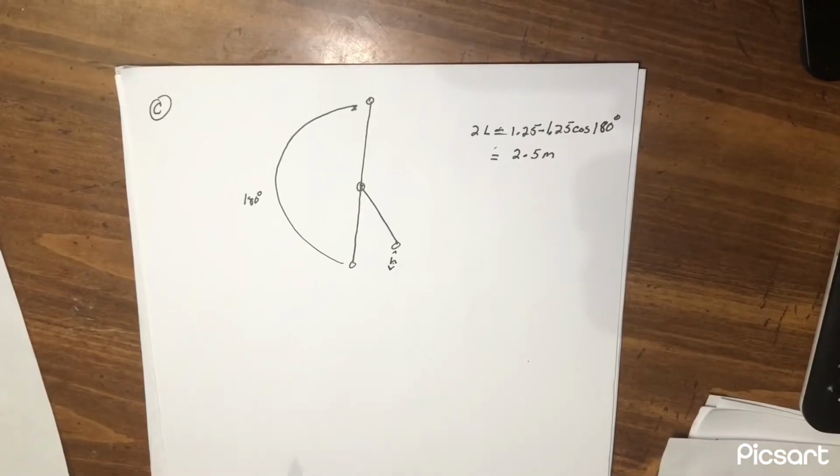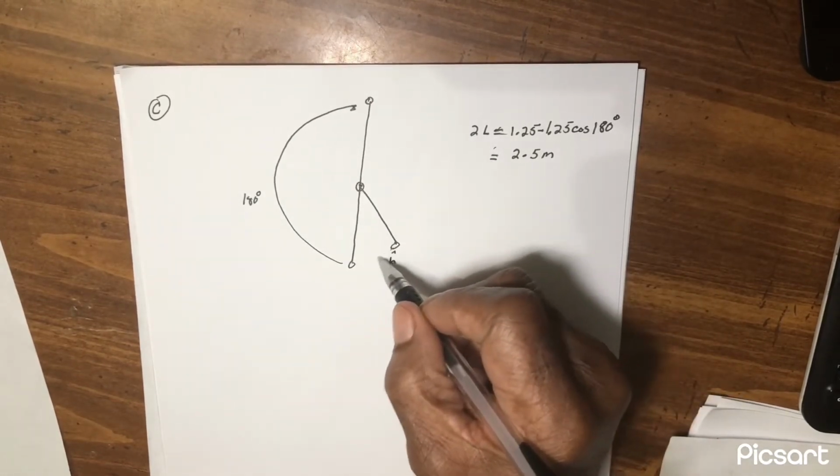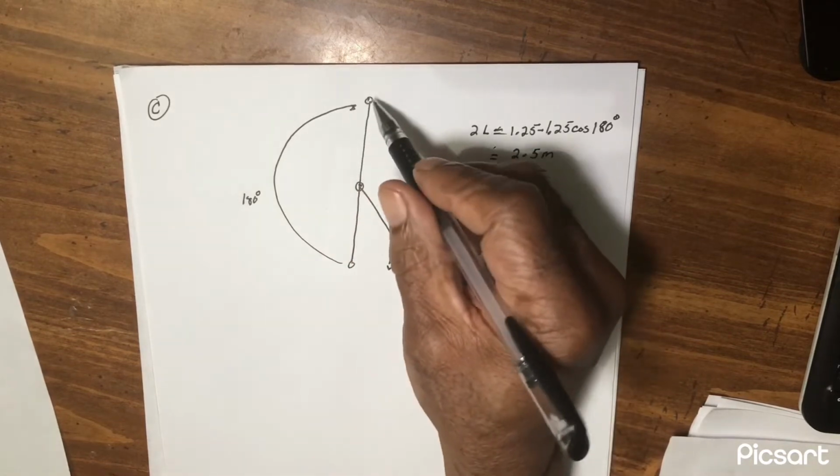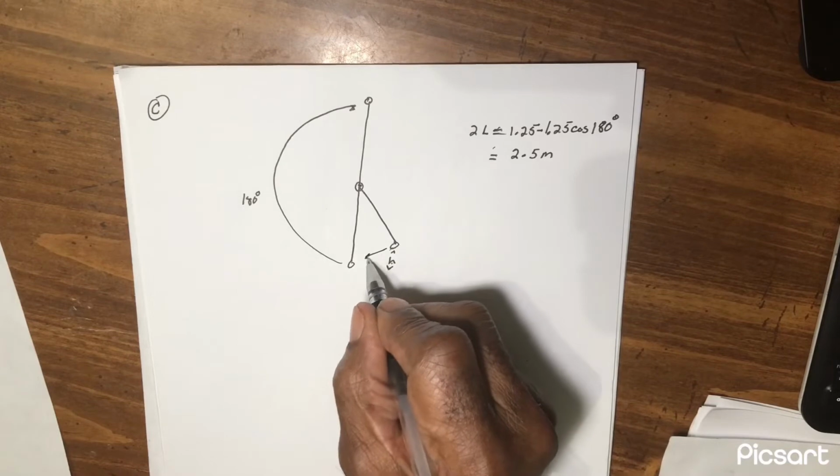In part C, we want to know if the bob goes all the way through to this position. From here is the original